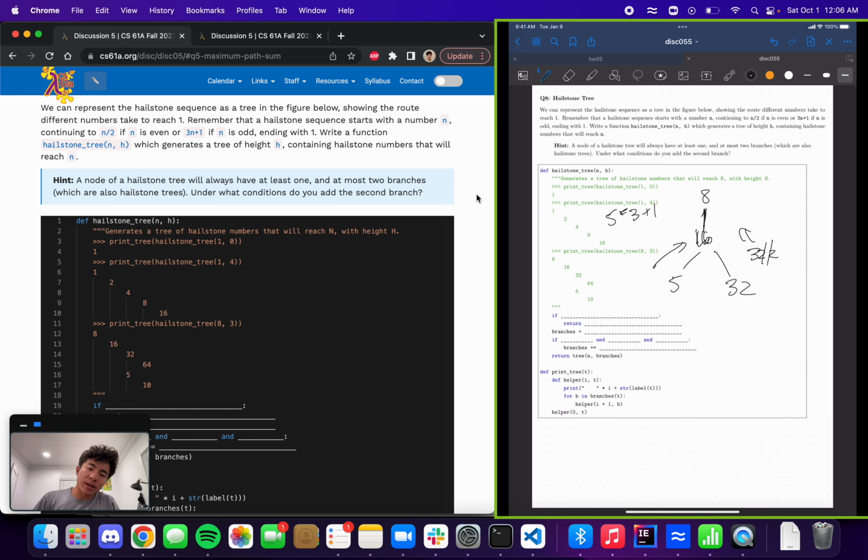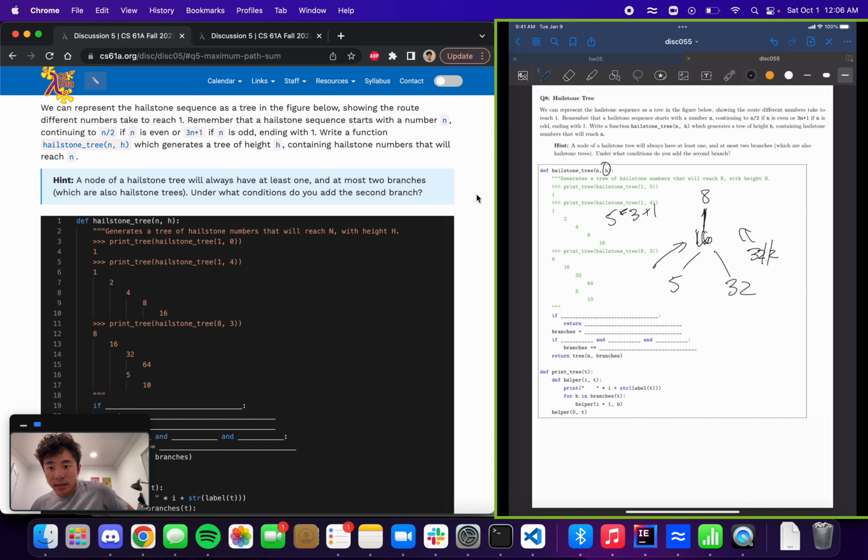And so you might imagine that inside of your code, you're going to have to determine whether there are 1 or 2 branches. Hopefully that gives you a sense of what we want to put into our code down here. And last but not least, the other thing to know about this problem is that we have this h